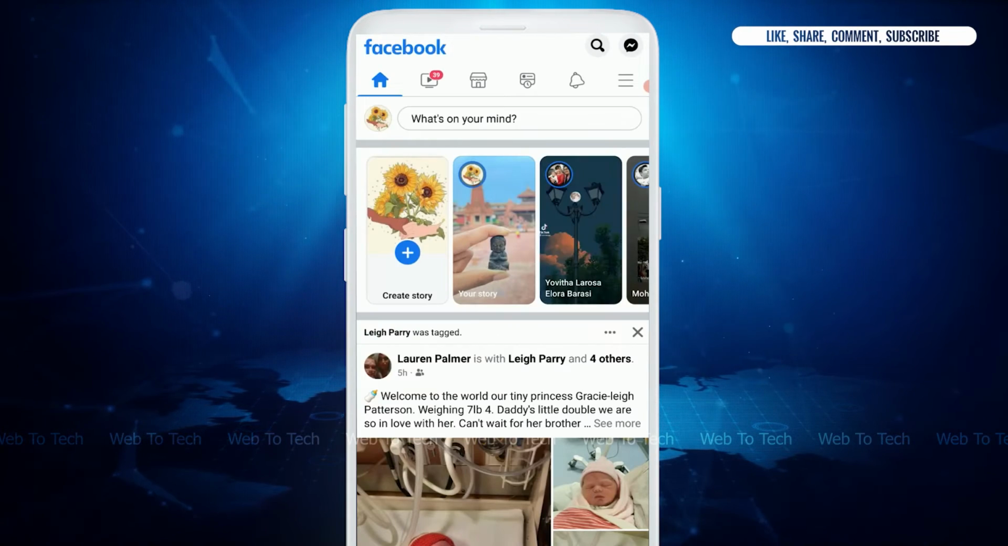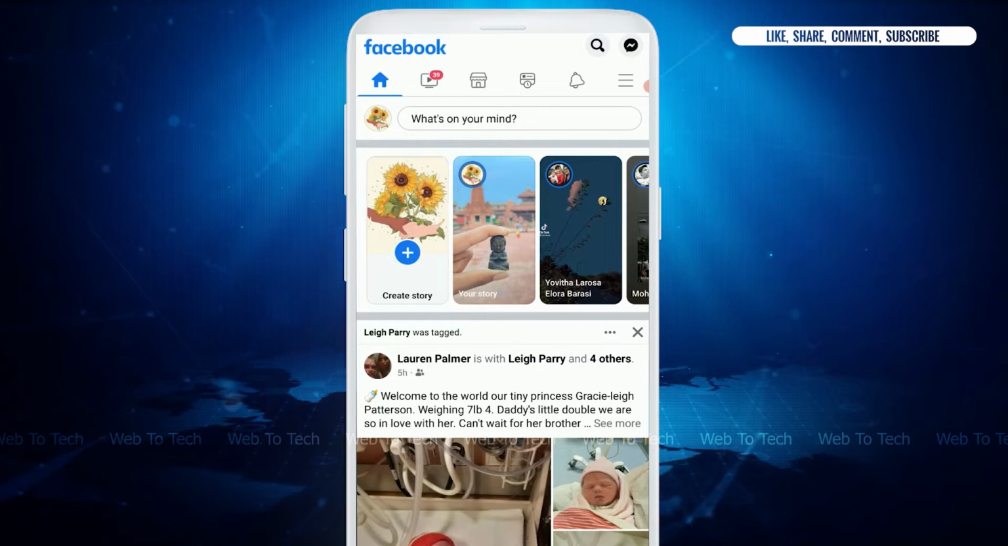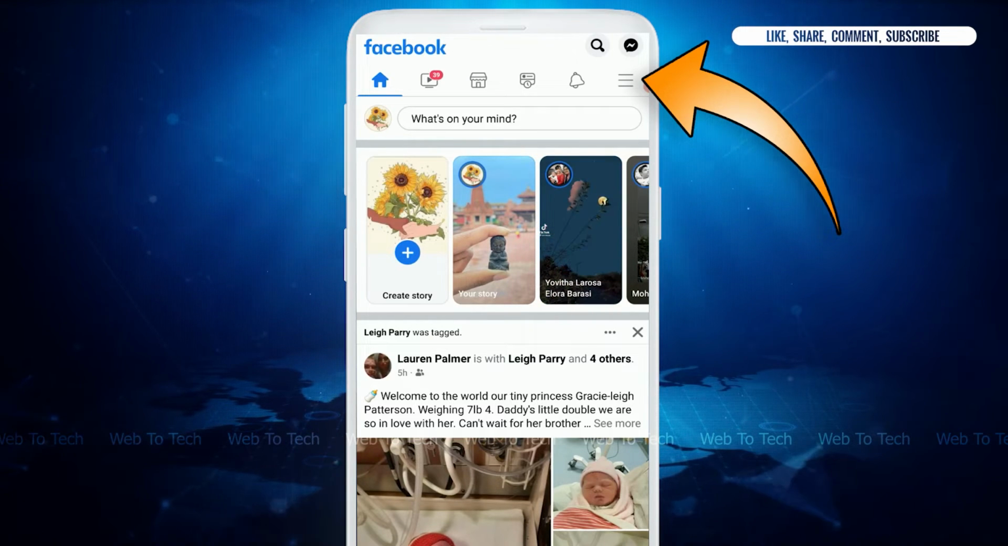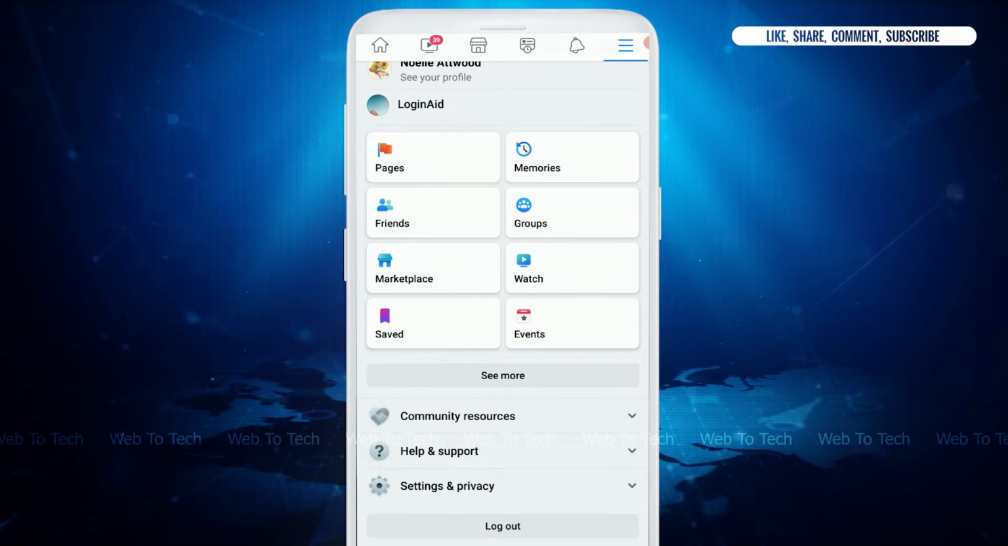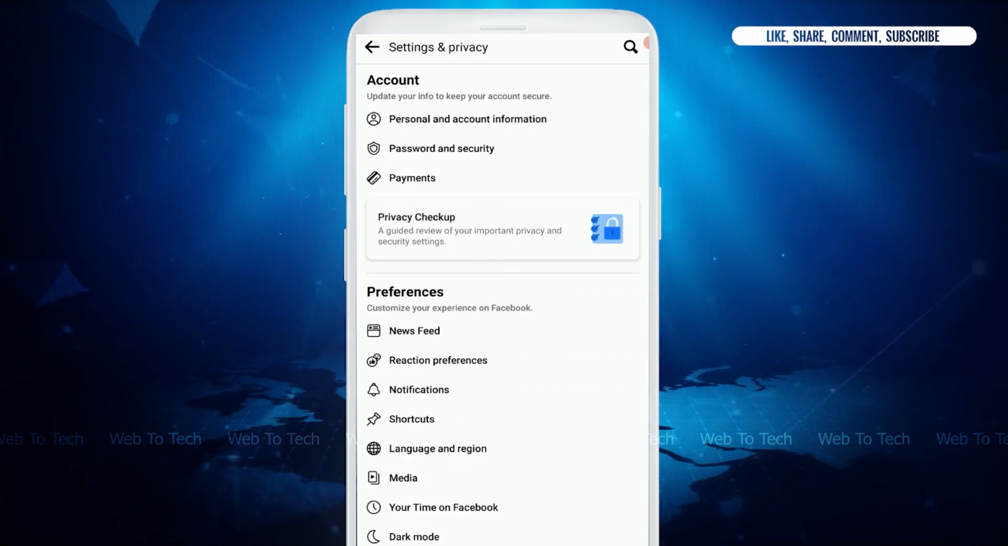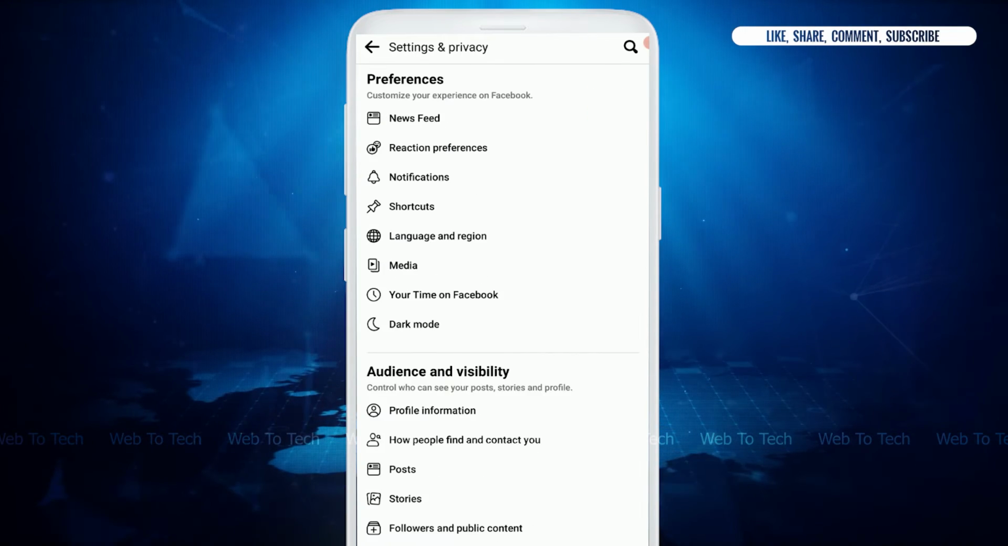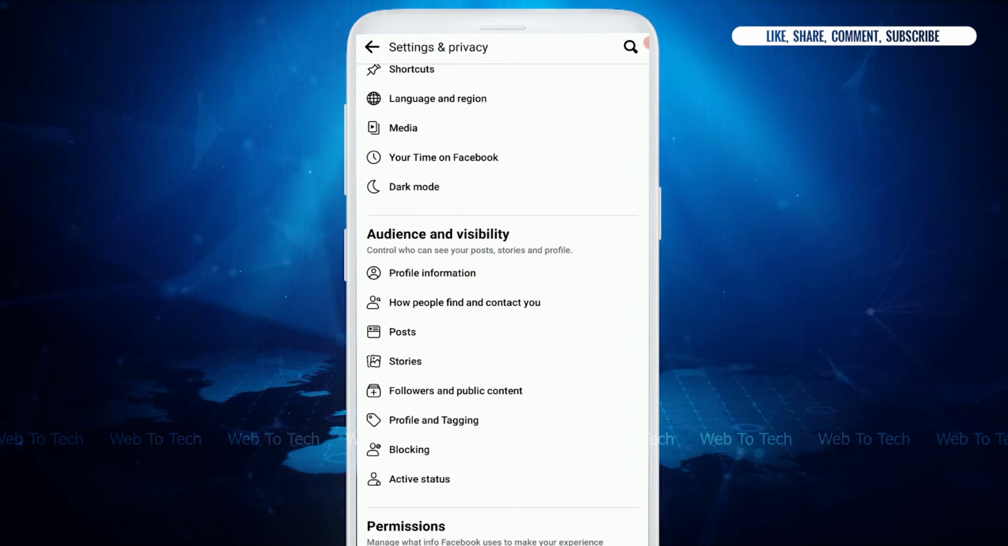Once you have been logged in into your account, you need to tap on the three horizontal lines on the top right. Tap that. Now you scroll down and tap on settings and privacy. Tap on settings. Here, inside settings and privacy, you need to scroll down to the audience and visibility and tap